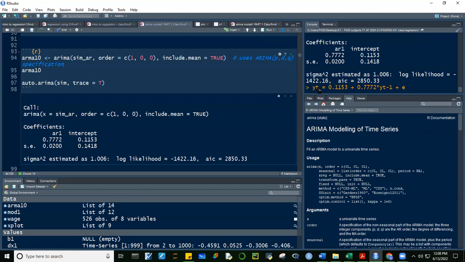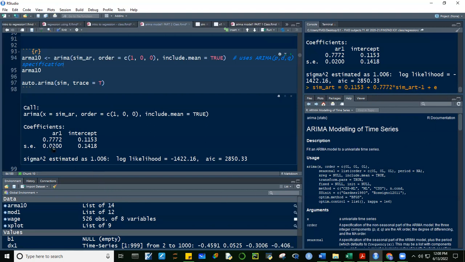Y sub t, actually ito yung dapat sim AR sub t, is equal to sim AR t minus 1. Pasensya na guys sa dapat naka t minus 1. Ito, sim AR sub t is equal to your intercept or your average simulated AR, okay, plus 0.77 times your lag 1, your sim AR t minus 1, plus your error term.